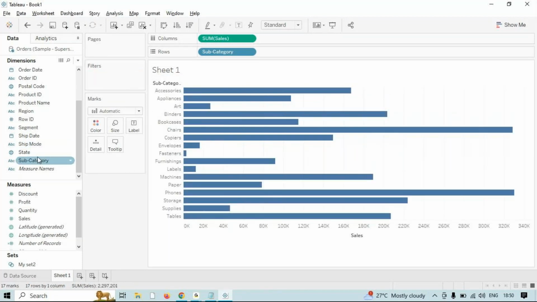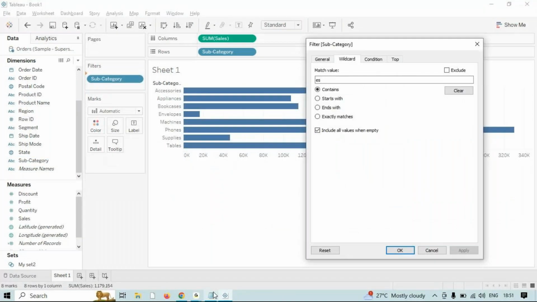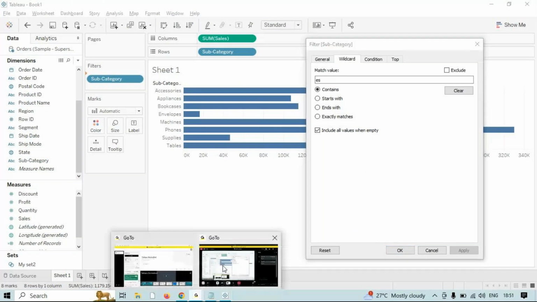Again I'll take this into the filter. Now, starting to